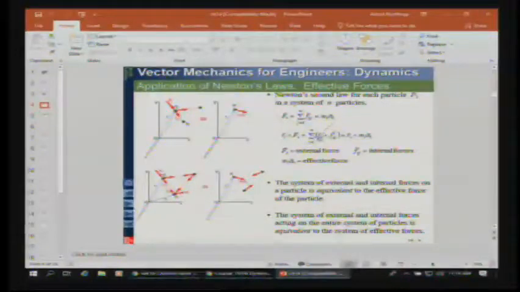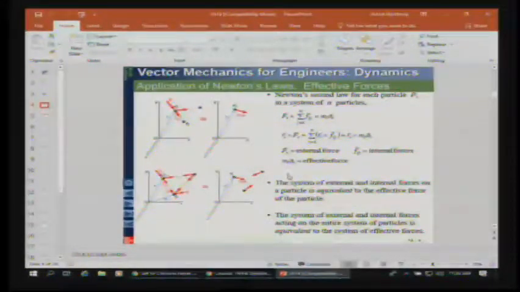Now, when we talk about i and j, we're not talking about directions here, and I really want to be clear about that because I find this to be potentially very confusing. We're not talking about x, y, and z unit vectors, or unit vectors in those directions. The vector f sub i refers to external forces. The vector f, and they put it as a small vector, ij refers to internal forces, and m sub i a sub i refers to